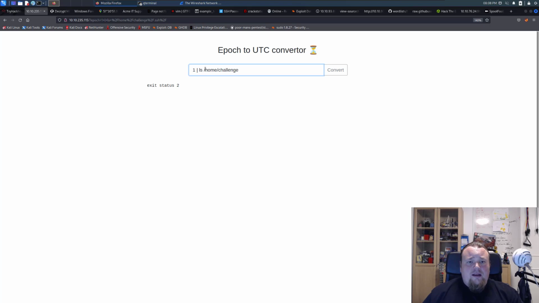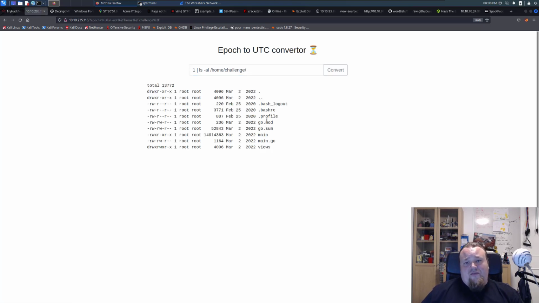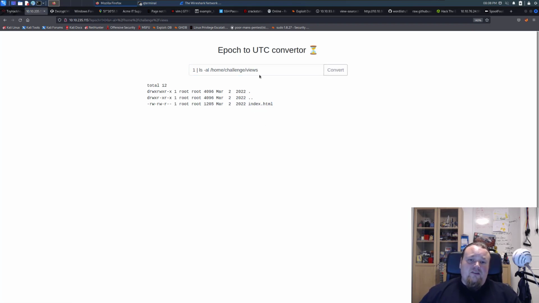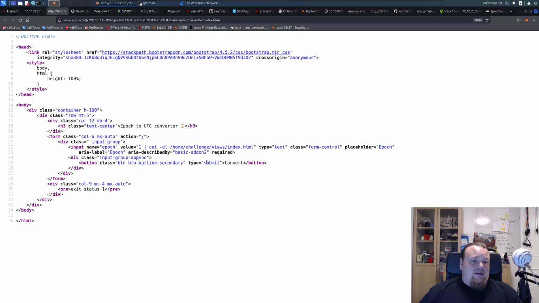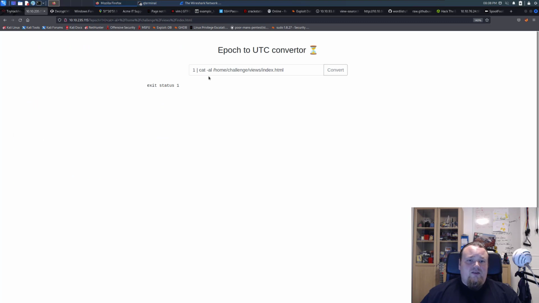We can also do an ls -al to see all things and secrets in this particular path. Just check out that we have something with Go, something called views. I have really no idea what that is, so we can just check it out, I guess. I have an index.php, so we could do, just to check it out, index.html, server.php. And inside of that, it's pretty empty, I would say. So cat -al, that is of course wrong. So just that, and we have